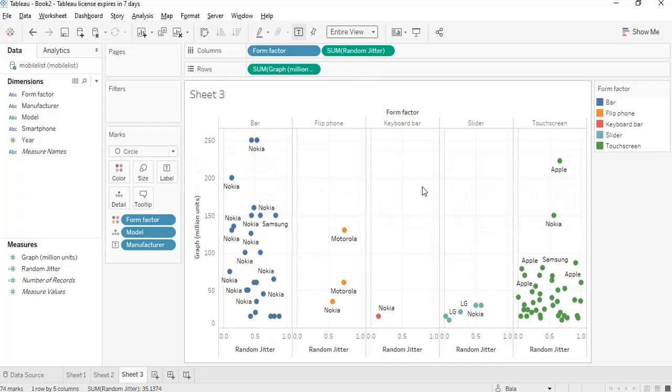So the main usage of this jitter chart is, it's a great technique in dot plots, box plots with dots, and scatter plots. Jitter is a random value that is assigned to the dots to separate them. Okay, so in this way